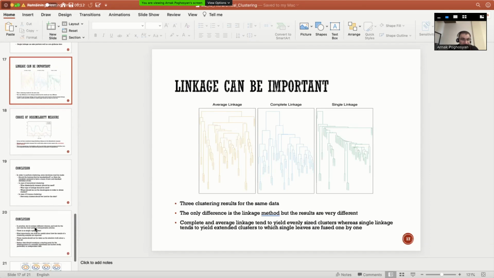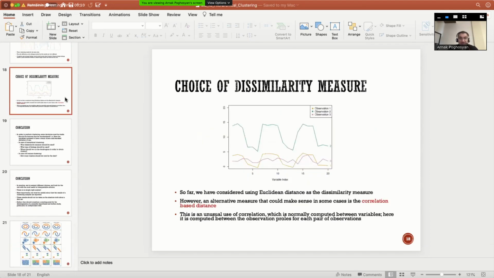Then some new ideas connected with how you are actually calculating this dissimilarity measure. This is the most important